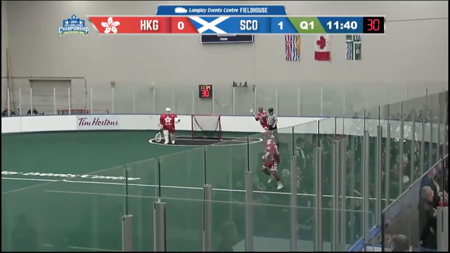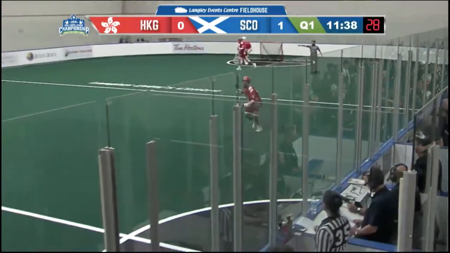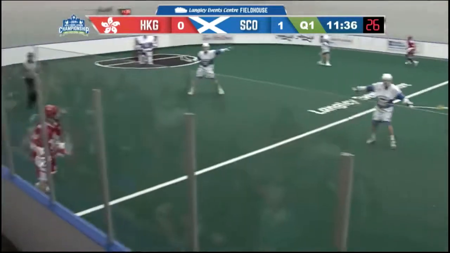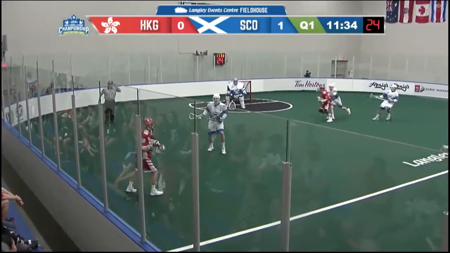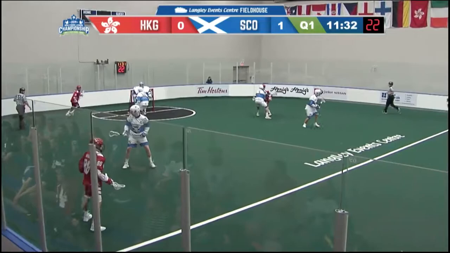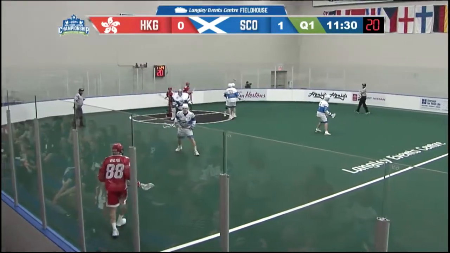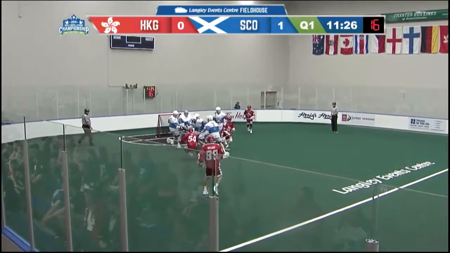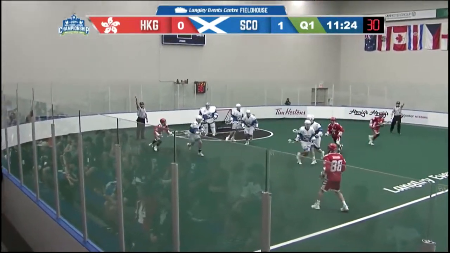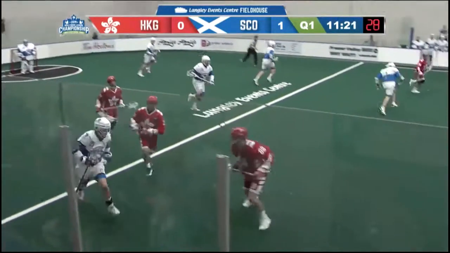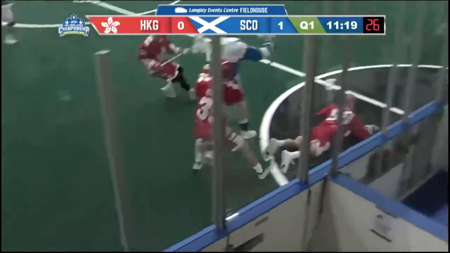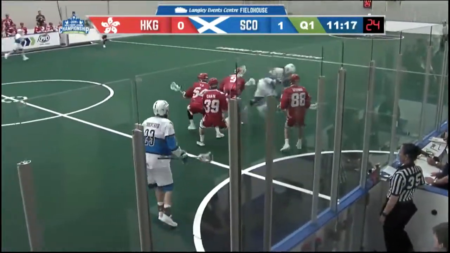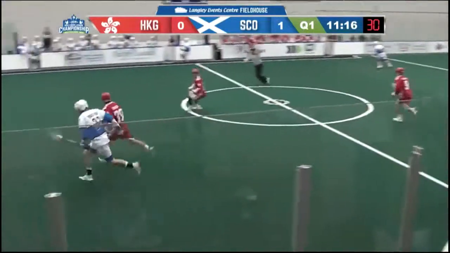Going high on Jansen Nye as Mac will send it to center for Hong Kong. Will Chung getting it in along the left side, trying to get set up on offense here. Jordan Shane Wong sending it toward the goal. That caught a piece of the net, resetting the 30. Scotland, though, will take possession and facing three Hong Kong players.